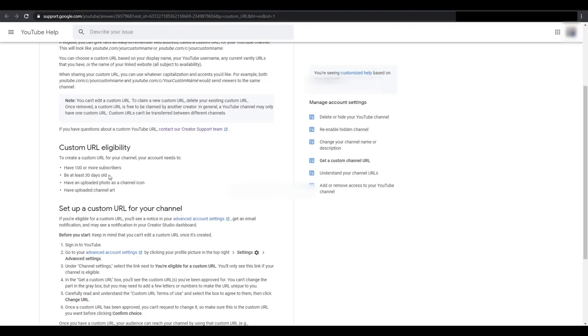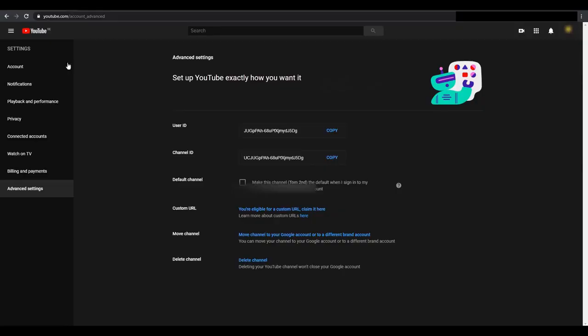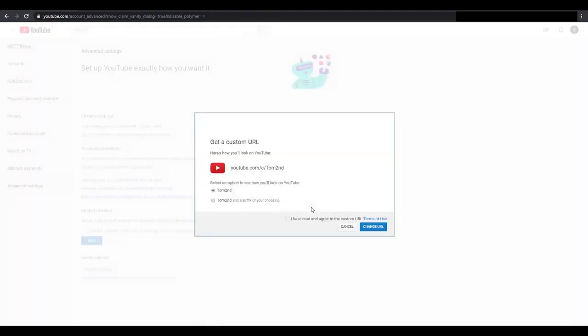But if you fulfill these 4 different criteria, then you'll be able to set up a custom URL for your channel. So the way you do that is that you go back to the account advanced, so the advanced YouTube settings. Then you will see, if you're eligible, you will be able to see this button here. So if you click on claim it here, it will take you to a different site, and then here you can customize your custom